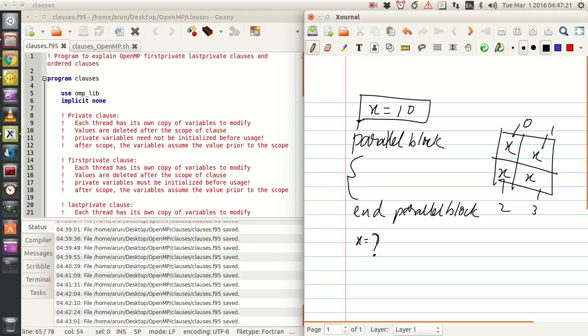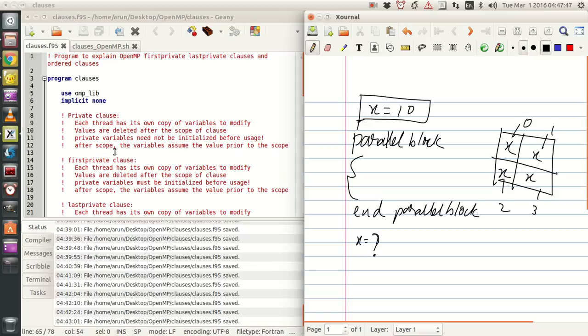If for each thread you have a private value of x, and before the execution you have a value for x, what will be the value of x after this block? That's where the difference between private, firstprivate and lastprivate comes into the picture.